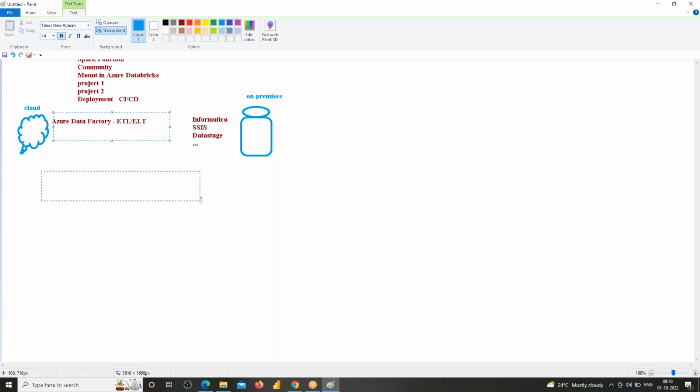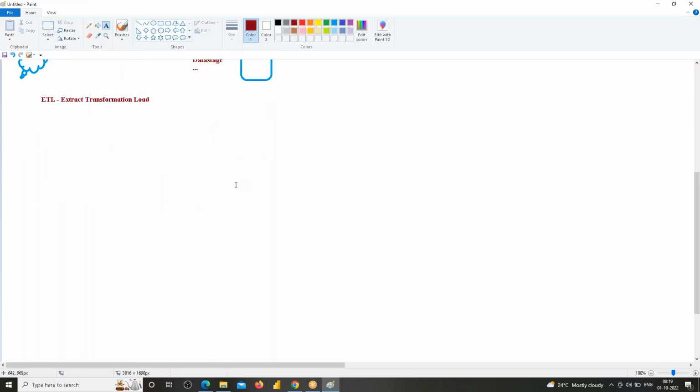Now let's come to the next point. What is ETL first? ETL stands for extract, transformation, and load. What is extract? What is transformation? What is load? Here, just imagine